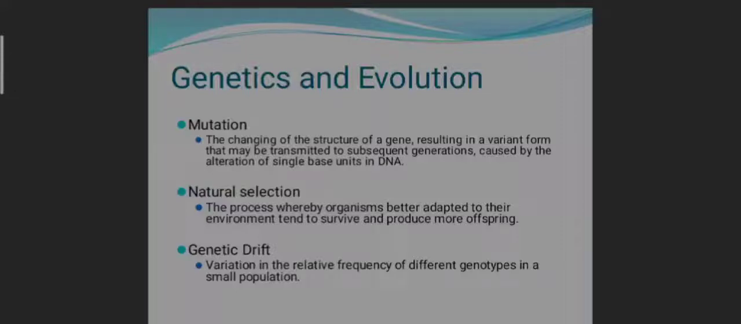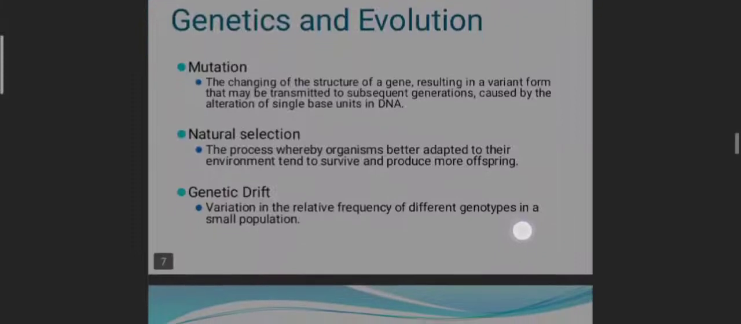Natural selection: the process whereby organisms better adapted to their environment tend to survive and produce more offspring. Genetic drift: variation in the relative frequency of different genotypes in a small population. Moving further to the next slide,